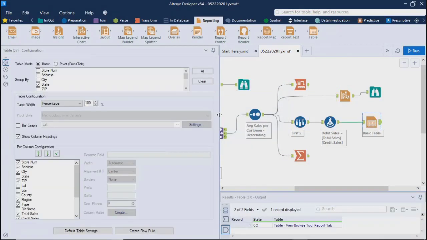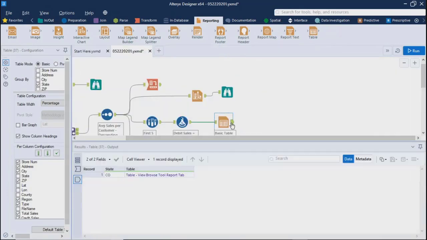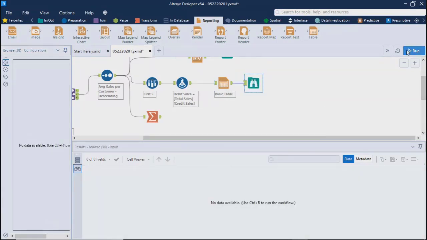So for this particular table, if you go to results, you are simply getting this snippet for the basic table. How can you see your details? If you add a browse, you will be able to see the details. So I'll just add browse, and then you need to run it once again.